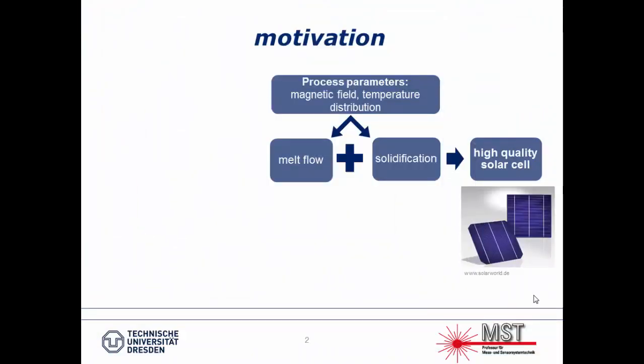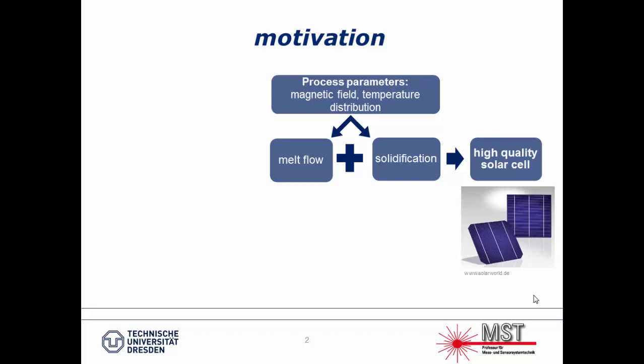So the motivation for this talk is to produce high-quality solar cells, and to produce high-quality solar cells, we need to understand the process, how they are produced. So the process we want to improve is a directional solidification process. Directional solidification means we have a rectangular shaped crucible. This crucible is filled with liquid silicon, and we solidify the silicon from the bottom to the top and grow